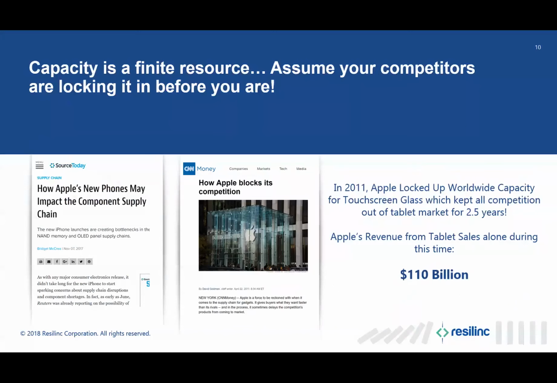I also want to talk a little bit about turning the table here. If you play this card that I'm talking about, you can actually use this as leverage against your competitors, and you can use the supply chain as a competitive weapon against them. As we always say, turning this risk into opportunity is an important thing for mitigating any kind of supply chain risks out there. So in Apple's 2011 capacity move on touchscreen glass displays, I'm sure you have heard about it,